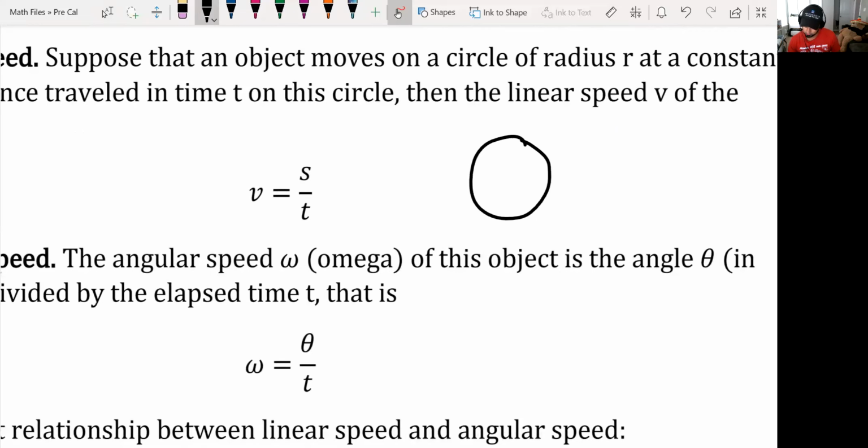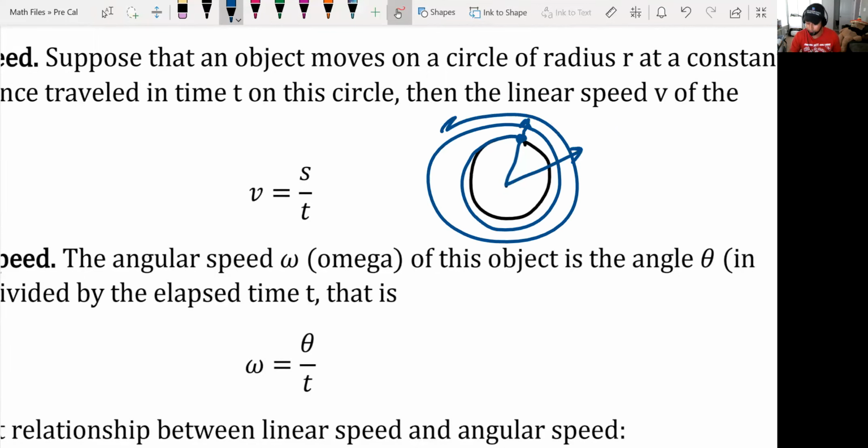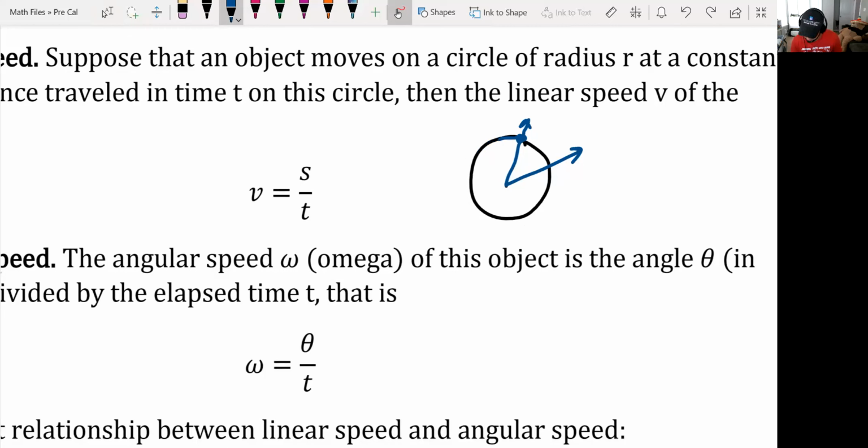So here's my circle, and then let's say my angle here and here, and let's say that this point keeps rotating around the circle. Well, we want to know what is the speed of that actual point, right? Or object. So that's what we're looking for. So let's just do this. And this is going to be,